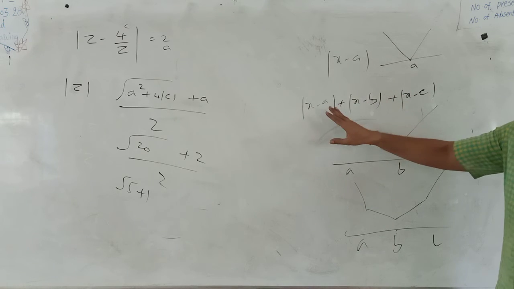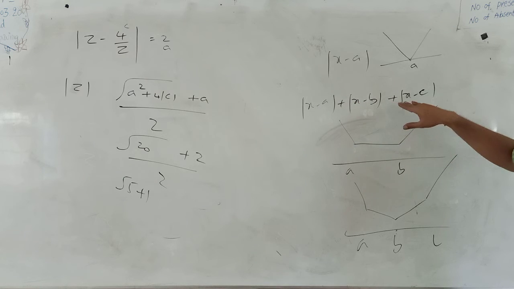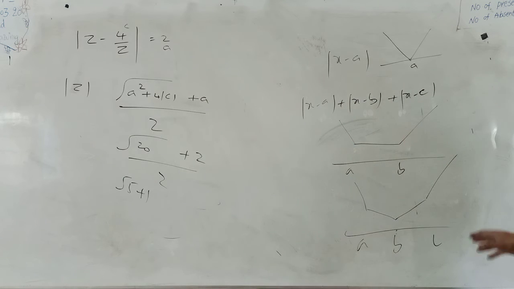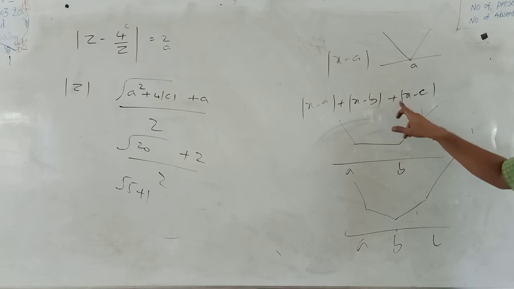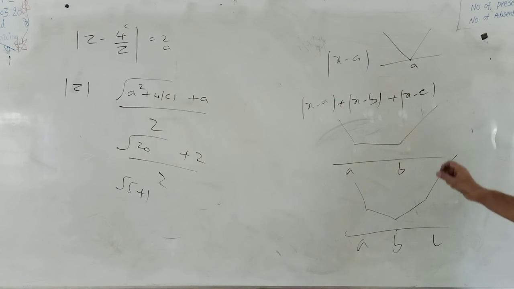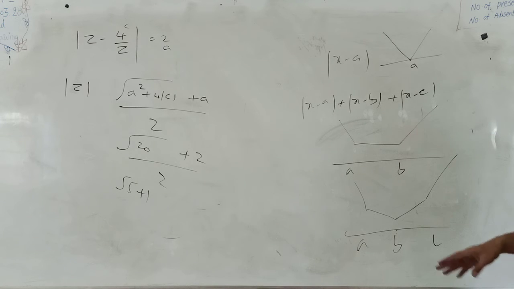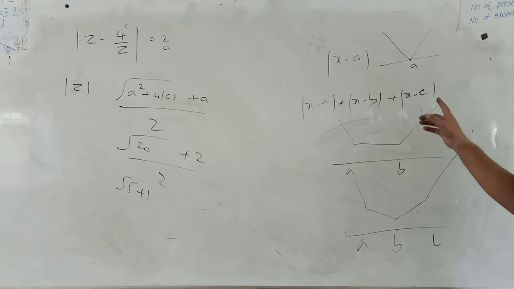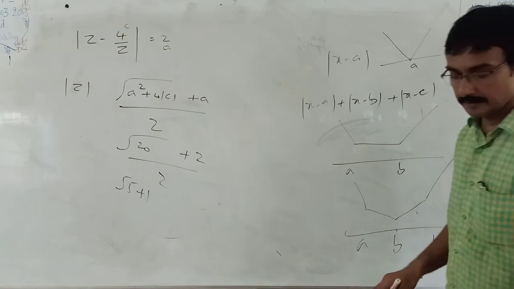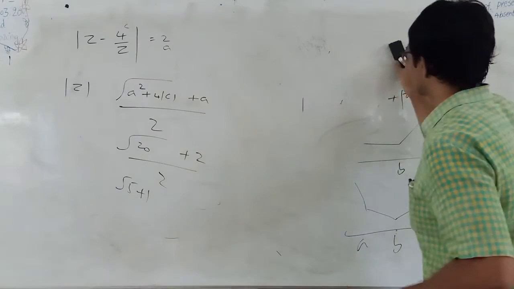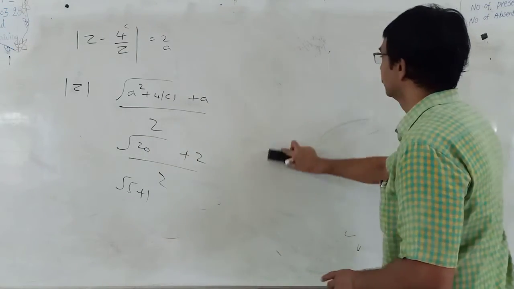So the graph of modulus of x minus a plus modulus of x minus b plus modulus of x minus c and so on has its minimum value at the middle value. If there exist two middle values, at the first value or second value. So if there is an even number of terms, the minimum value occurs at two values. If there is an odd number of terms, that one has its minimum value at exactly one value. See, there are two problems based on that.